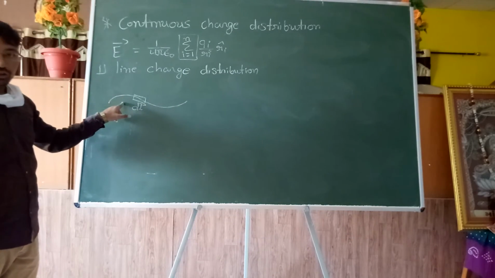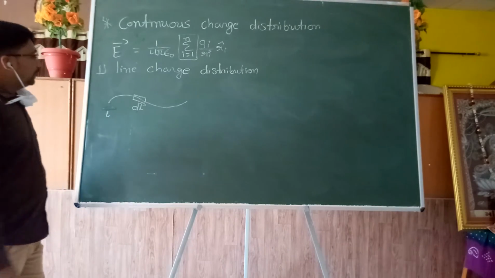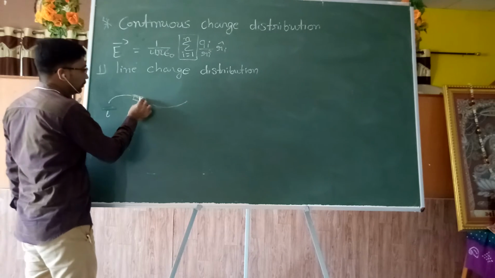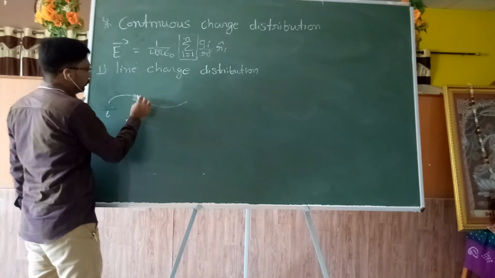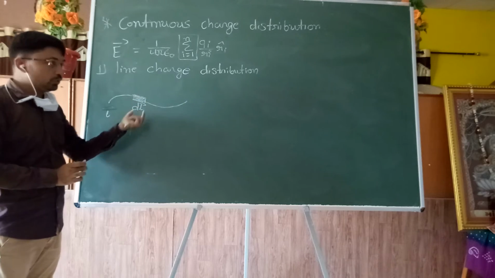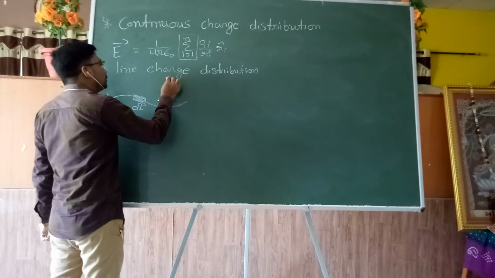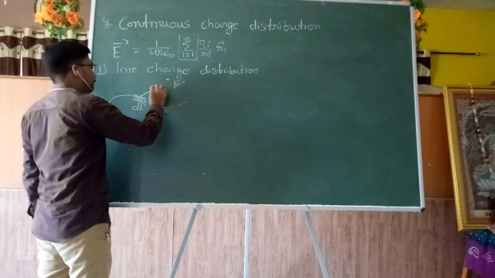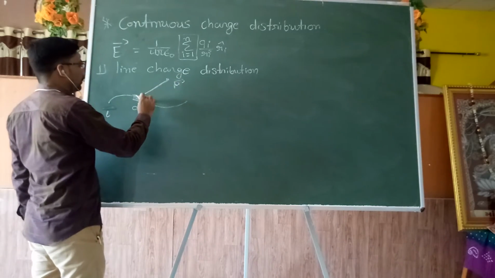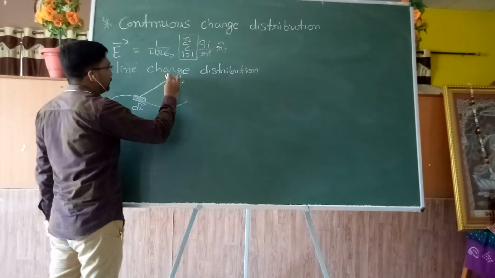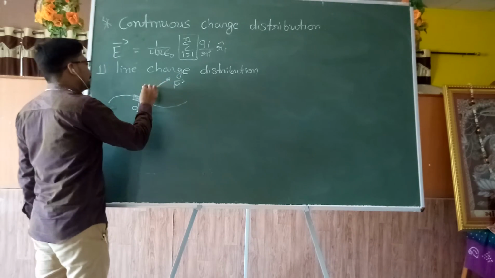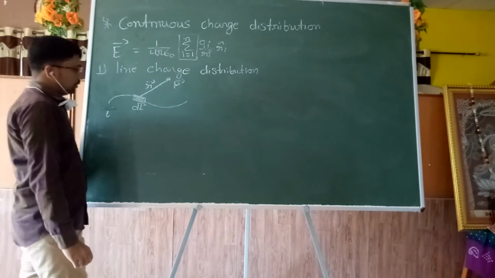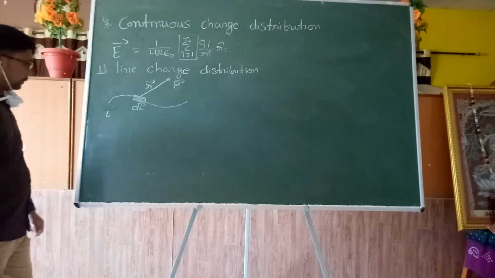The charge is distributed continuously on the line, and here we consider a small portion of the line dl, and due to the charge on this portion, we want to find out the electric field at some point P. So the distance between this dl and point P where we want to find the electric field is, let's suppose, R, and line charge density